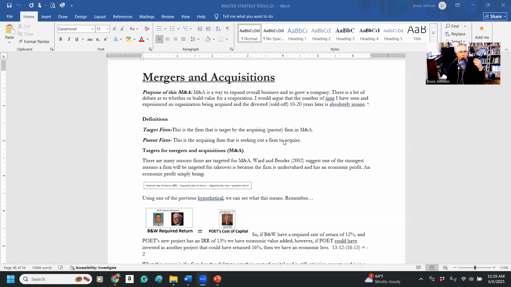So when we talk about mergers and acquisitions, when we talk about growth, we're trying to figure out whether or not this is worthwhile. When we look at that, we're looking at that level of risk. Part of that level of risk is knowledge. Business is knowledge. What do you know how to do? How do you know how to do it?